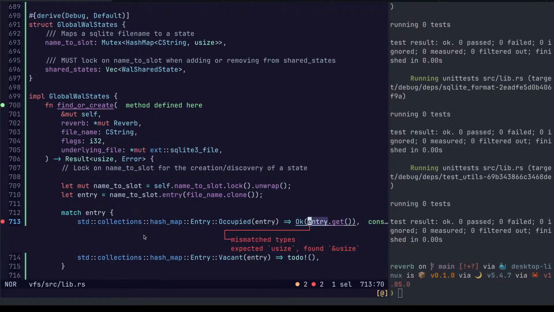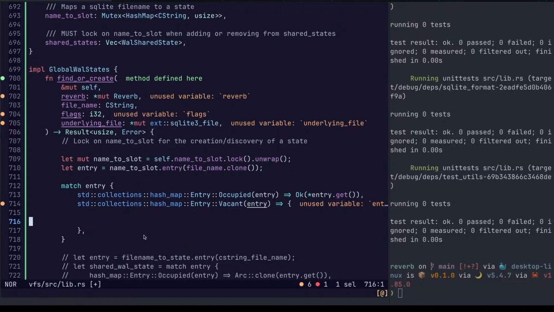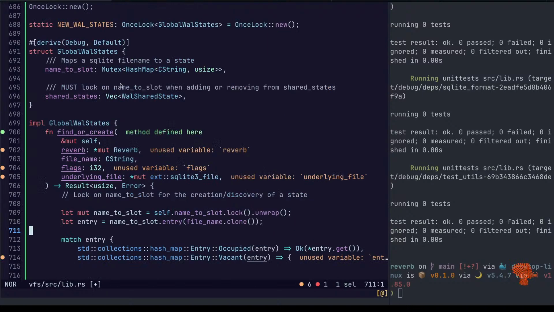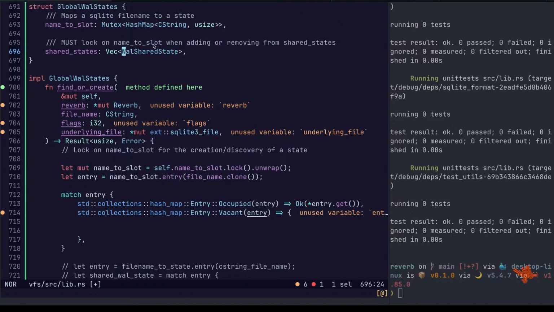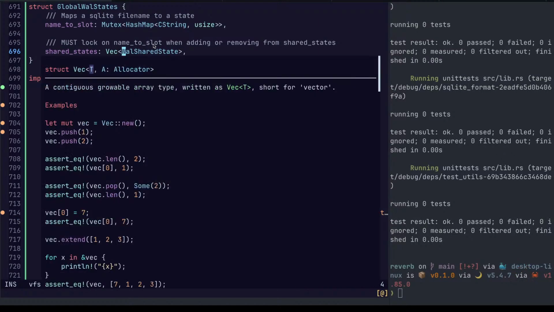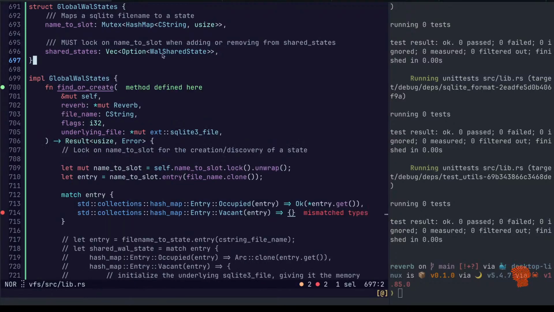Okay. Now for the more interesting piece where we have to find an empty spot and then create one, then store the value here. Oh, this should be an option to something.